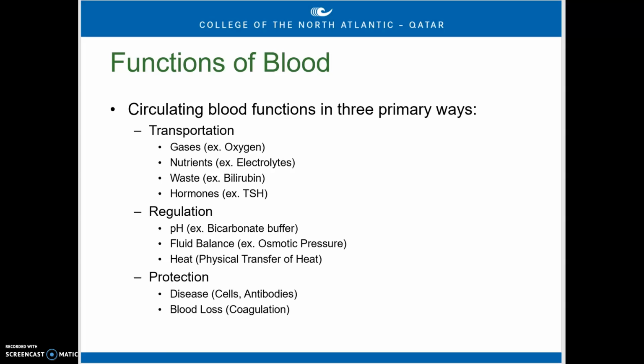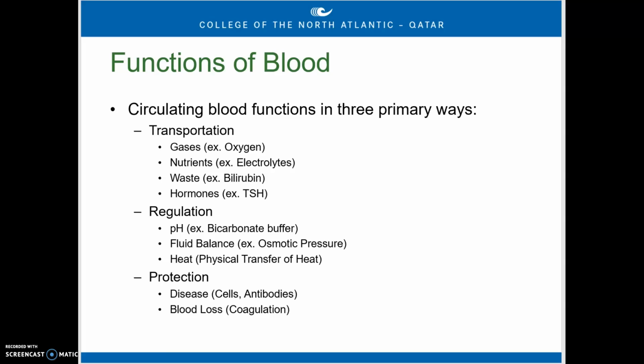Blood can also help us in homeostasis, or general regulation. So changing the pH of the blood, moving around bicarbonate buffer to help manage pH. Fluid balance, so how much water is in our blood, for example, what's the osmotic concentration. These things have a big part to play in homeostasis of the blood. And of course heat. Blood can help us move heat around in our body. We tend to say warmer in the core and cooler in the extremities, so as blood moves around and circulates,